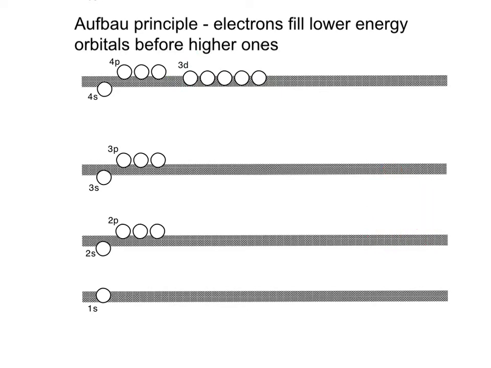And so now we're going to go into how do electrons actually fill atoms. So let's do an example. We'll do beryllium, and beryllium is element number 4 on the periodic table, so it has 4 electrons. And every element must follow the 3 rules that dictate how electrons fill orbitals. The first one we're going to talk about is Aufbau's principle, which says that electrons fill lower energy orbitals before